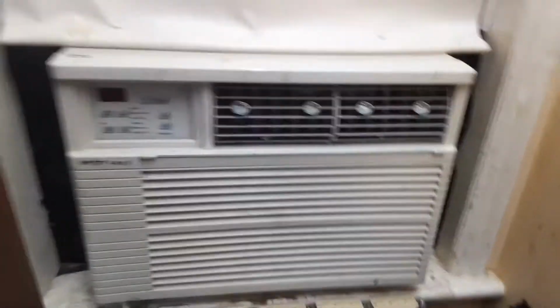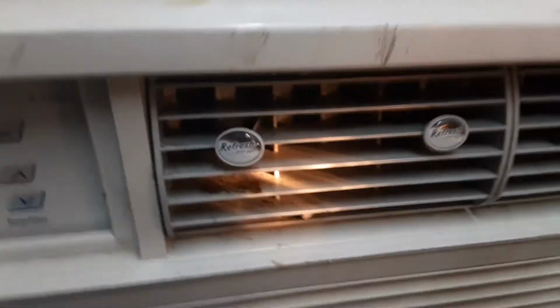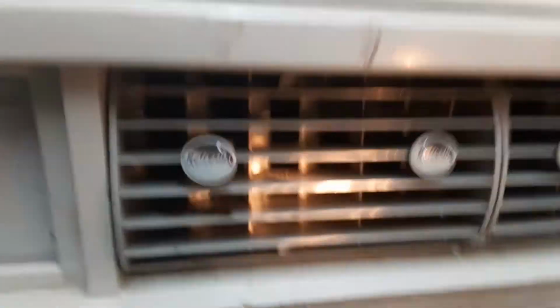So here's the inside of the thing. X star. And you can see, oh, where'd that flashlight go? Okay. You can see the nice mold inside of here. Well, maybe you can see. And I'm gonna have to clean this thing, but I mean it's literally almost time to remove this because I do remove these in the winter. I've got maybe another month, and I just can't do that until then because I'm not going to clean it